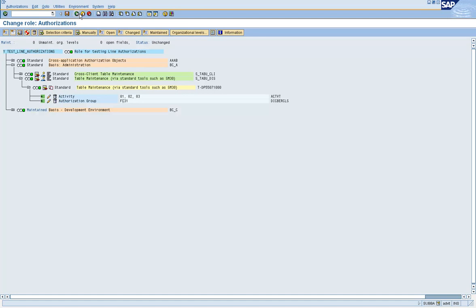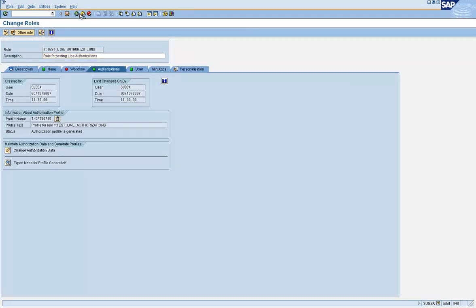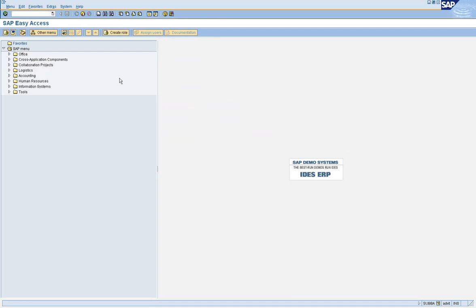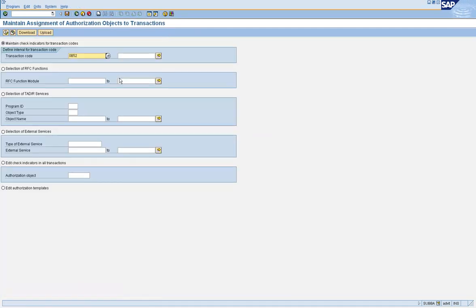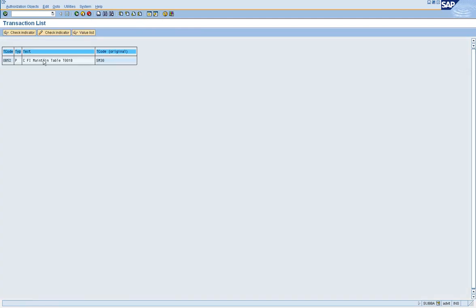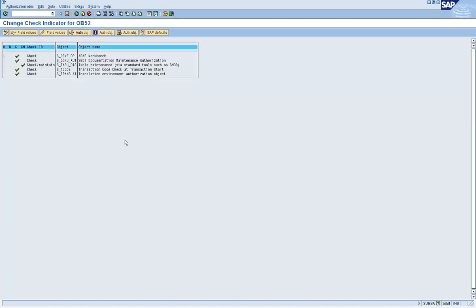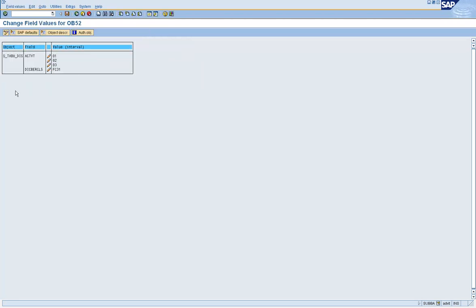So let's go to SC24 and maintain the value there, so that the object status will still be standard and not changed.